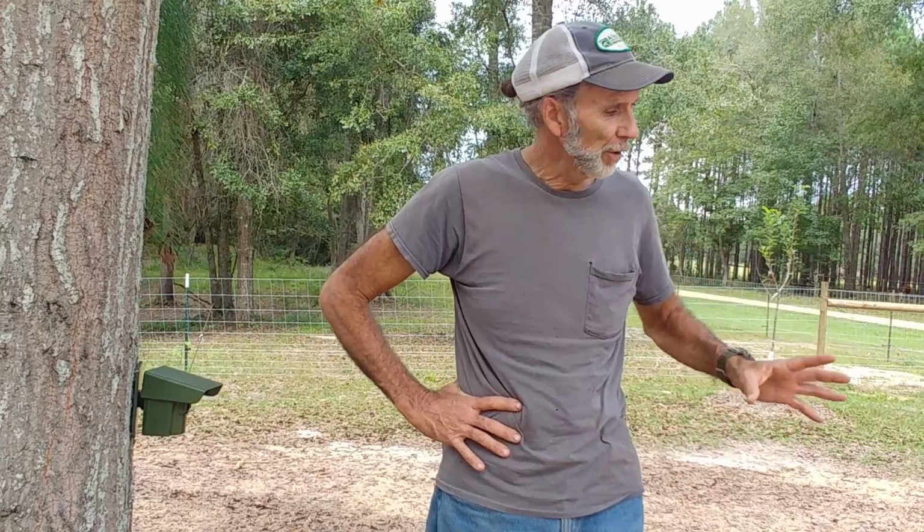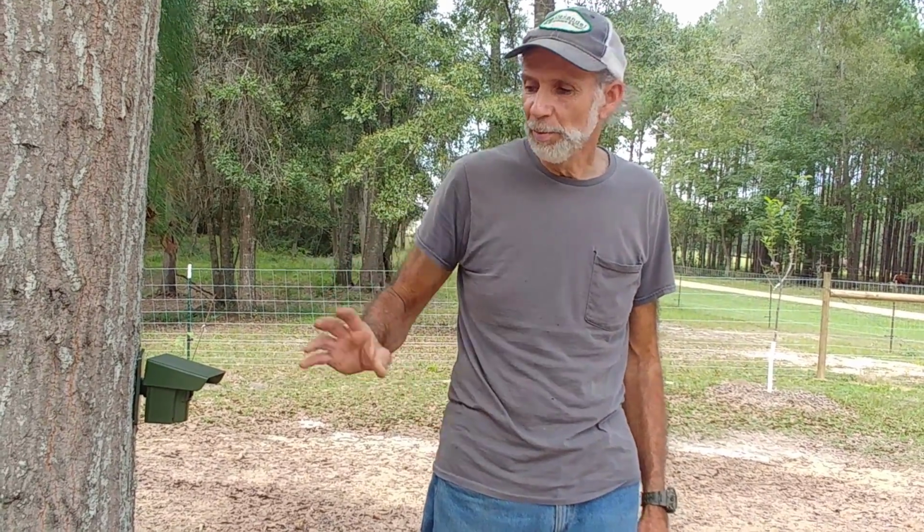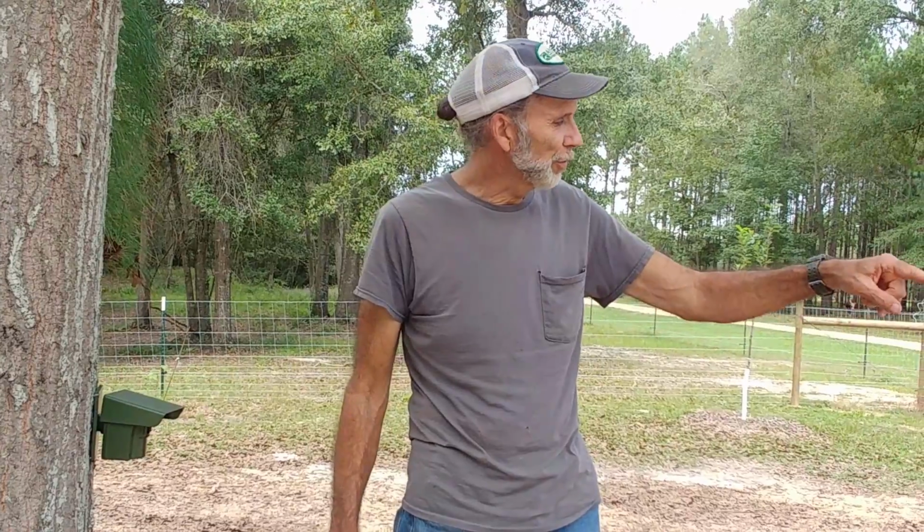Alright guys, as you can see, the Guardline product has worked. It has notified us when someone comes down the driveway here coming into our home. And I highly recommend this product if you're a homesteader, because not only this, if one of our cows gets out and gets loose and happens to come through the driveway here during the night or something, it'll notify us if there's a cow out or anything like that, or if there's an intruder,